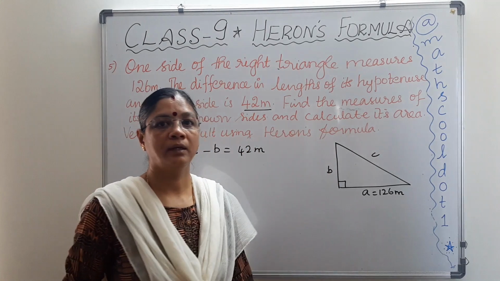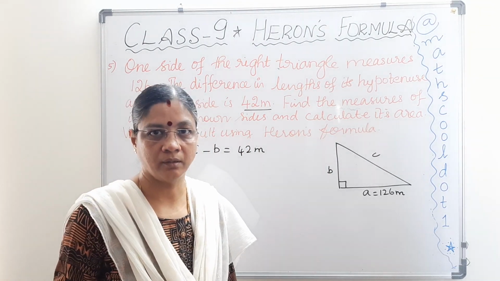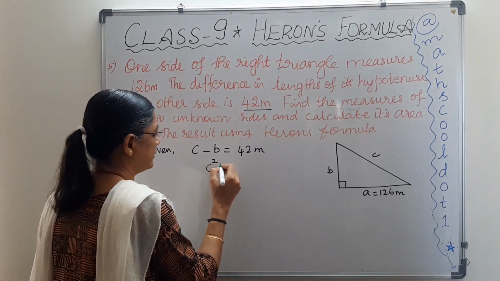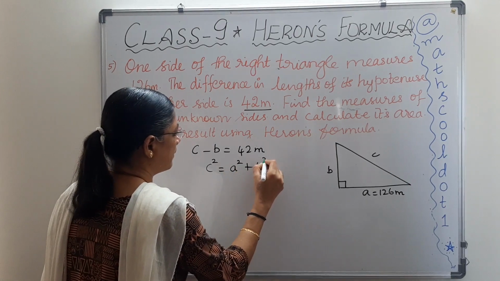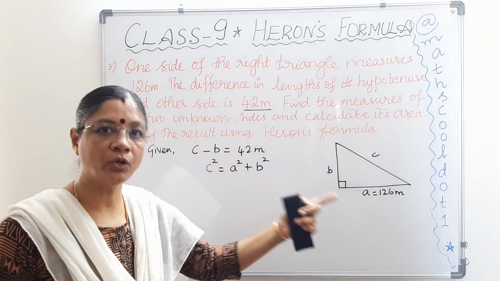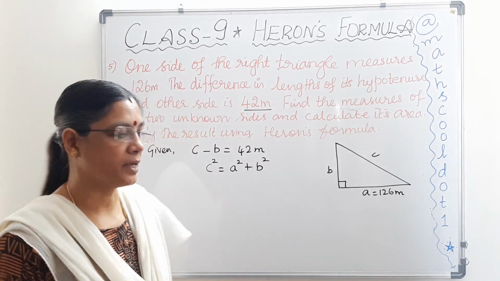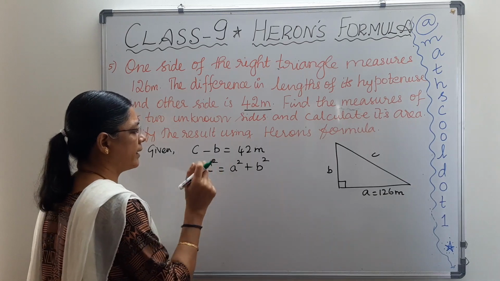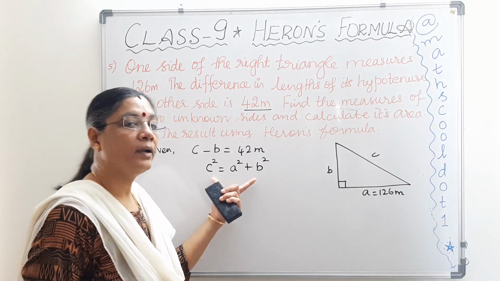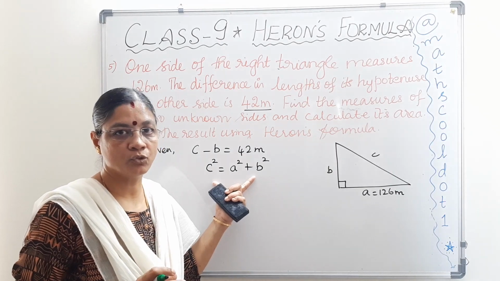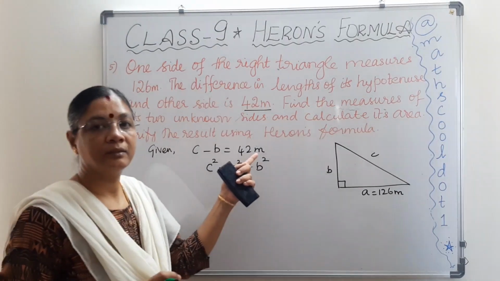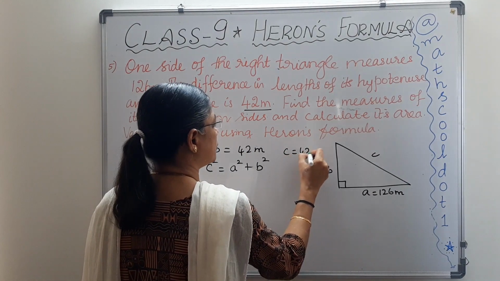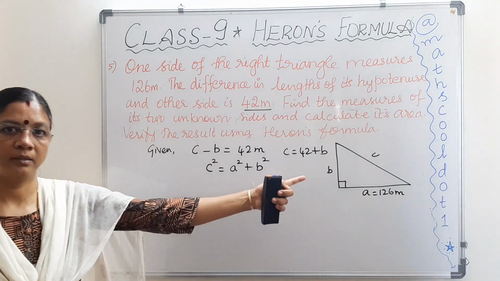And what do we know? Other thing about the right triangle is the Pythagoras theorem. So C squared is equal to A squared plus B squared. We'll write that C squared is equal to A squared plus B squared, because we don't know C and B, we know just A, and we need to find the two sides, isn't it? So we know A squared. Now what is C squared? If I have only one variable in this equation, it will be easy for me to solve, isn't it? So let us reconstruct this equation. C minus B is equal to 42, so C is equal to 42 plus B, isn't it? I can write it like this.